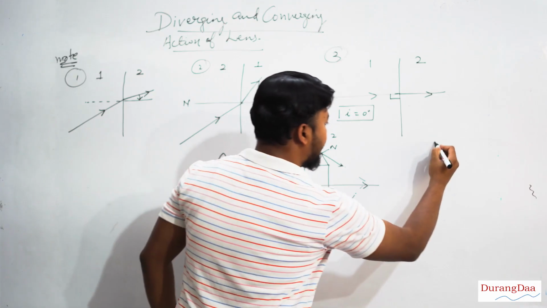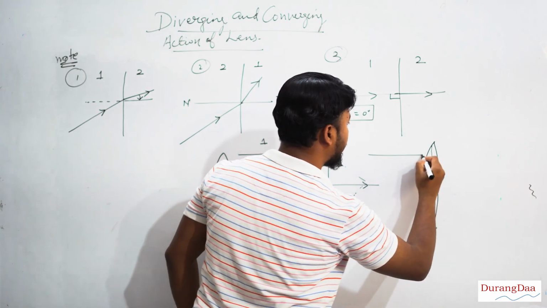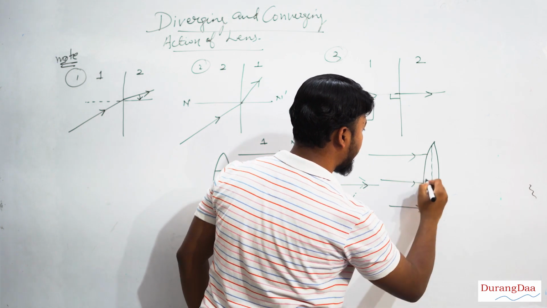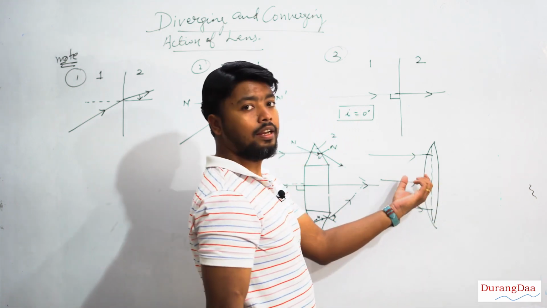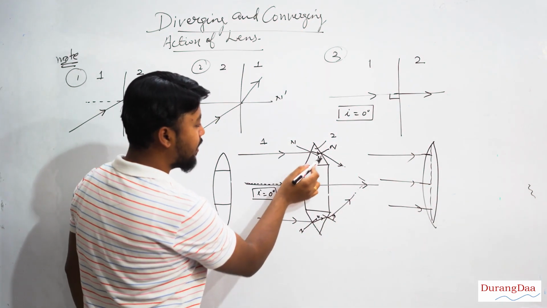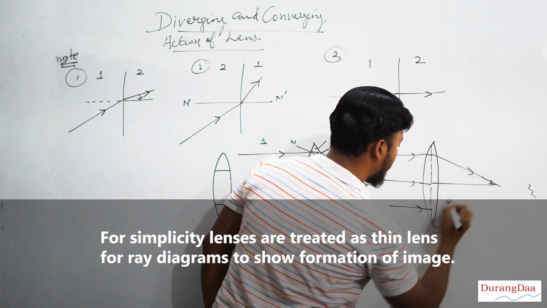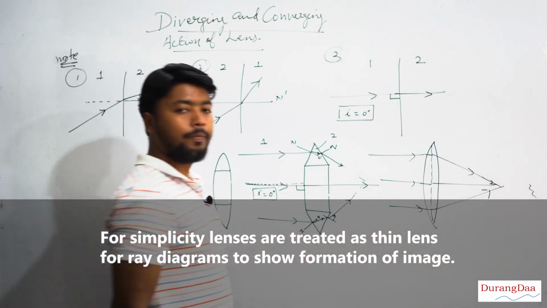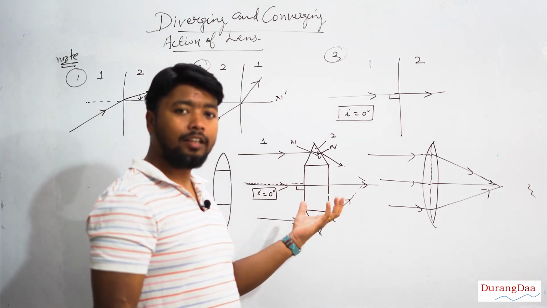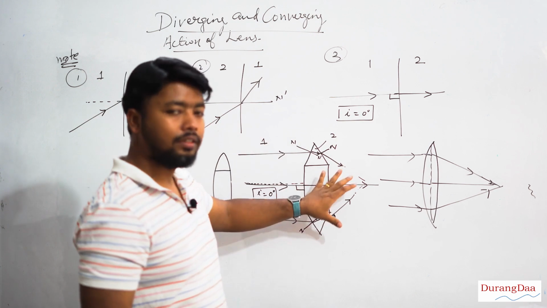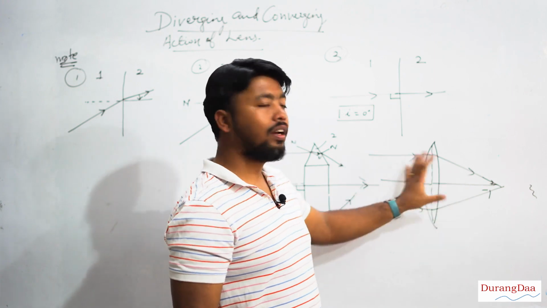For a simple thin lens, you can directly draw it like this: first ray, second ray, third ray. You can just draw it straight here. Because we are considering it as a thin lens, there is no need to show these details, but you directly draw it like this, and they all will meet at a single point. So you have to see what the question has asked. If they ask you to treat the lens as a thick lens, your diagram should have all these details. But if you are treating it as a thin lens, then you can directly use the result. This is what converging means.